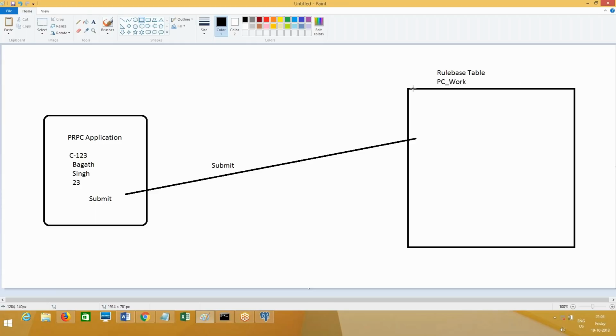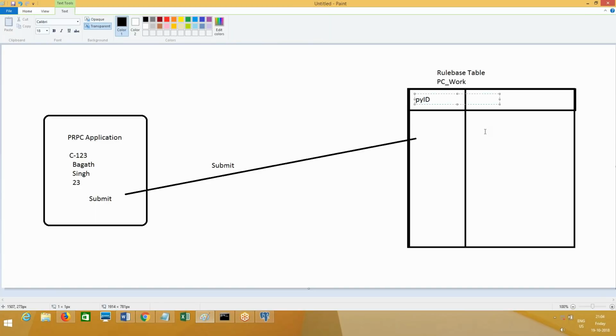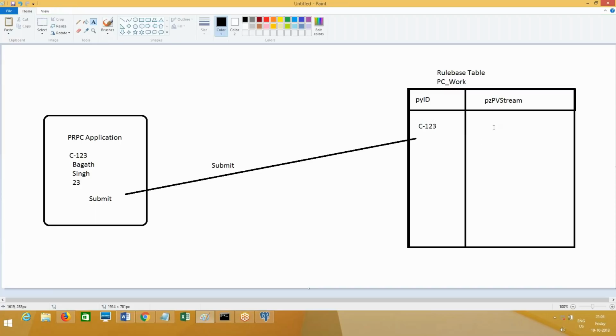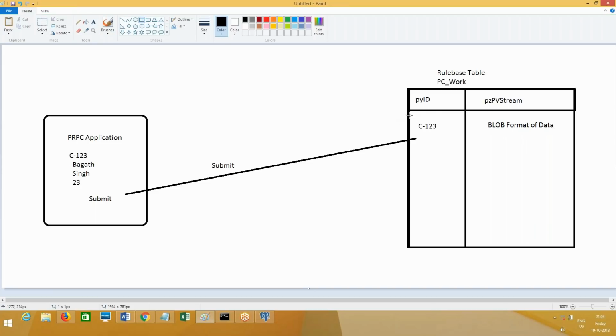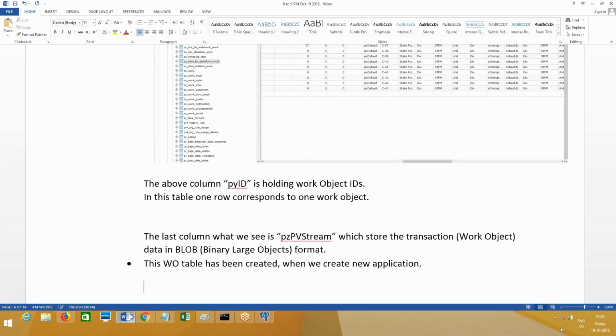I am going to draw now. What two columns can you guess and tell me? PYID, PZPVSTREAM. One column is PYID, another column is PZPVSTREAM. It makes more sense to you. C-123. The data here is in which format? Blob format of data. Blob format of data is getting stored into the PVSTREAM. This makes sense, everyone? This is what we have discussed so far.